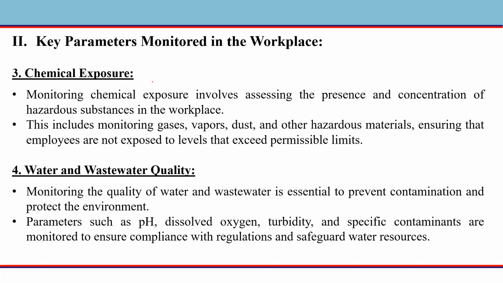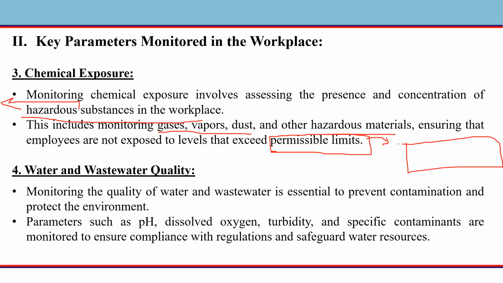Then we have chemical exposure. Monitoring chemical exposure involves assessing the presence and concentration of hazardous substances in the workplace, normally chemicals. So this includes monitoring gases, vapors, dust, and other hazardous materials, ensuring that employees are not exposed to levels that exceed permissible limits. Okay, so for every kind of chemical, for example, in a chemical factory, there are some limits